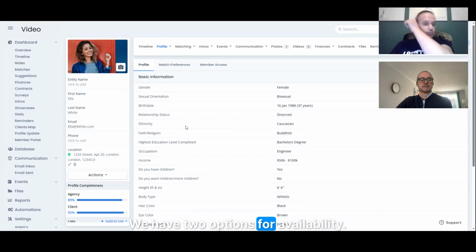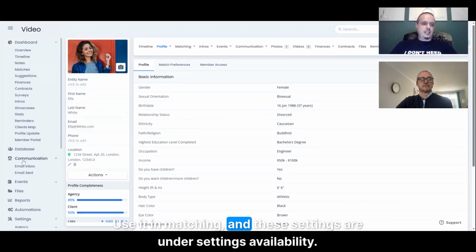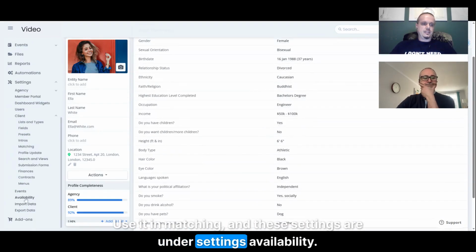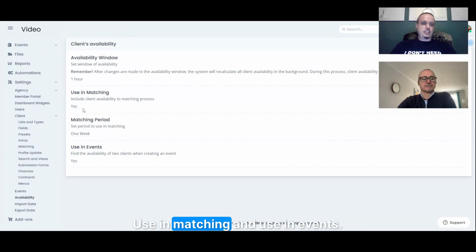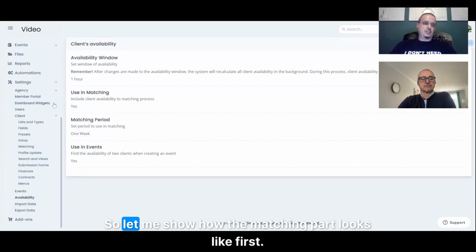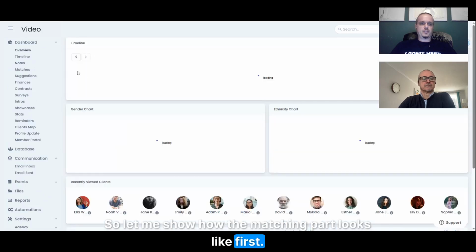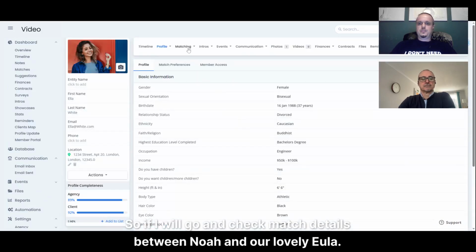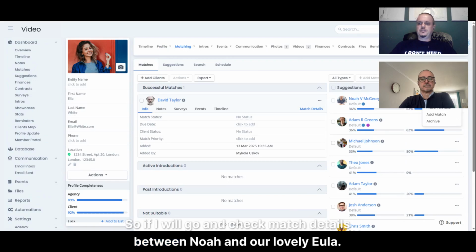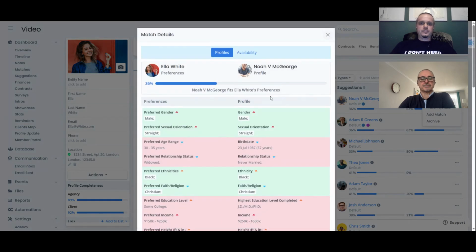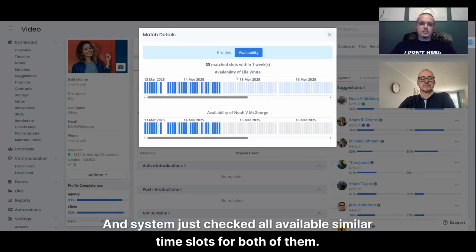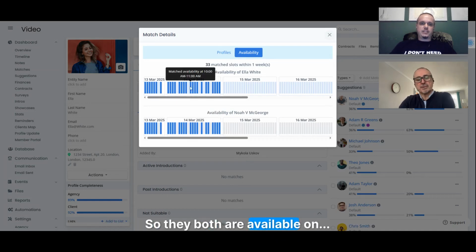We have two options for availability. Use in matching and use in events, and these settings are under settings availability. So let me show how the matching part looks first. If I go and check match details between Noah and our lovely Ella, we have an additional tab on the match details, availability. And the system just checked all available similar time slots for both of them. So they both are available